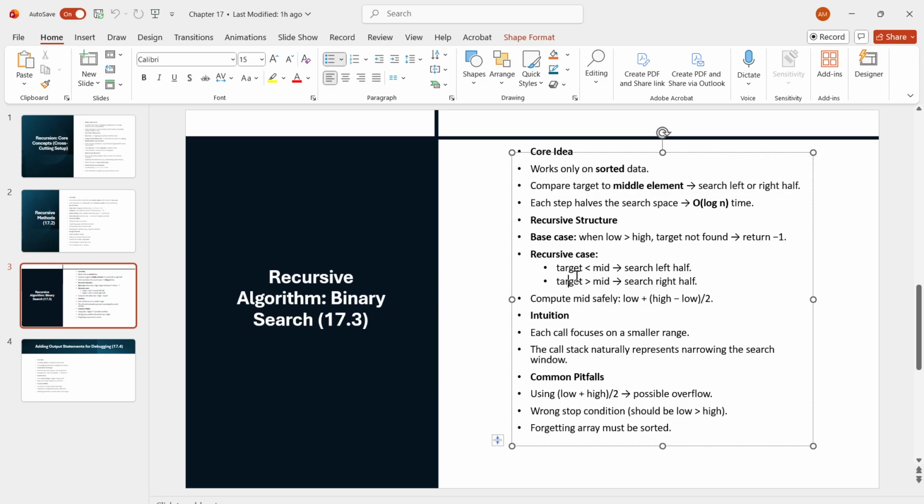But yeah, it's a good recursive model. So some of the common things to avoid is use low greater than high to stop when the search window is empty. So using low equals high by itself often misses the last element or loops awkwardly. And mid calculation overflow. Always compute mid as low plus (high minus low) divided by 2. It's a tiny change that avoids rare but